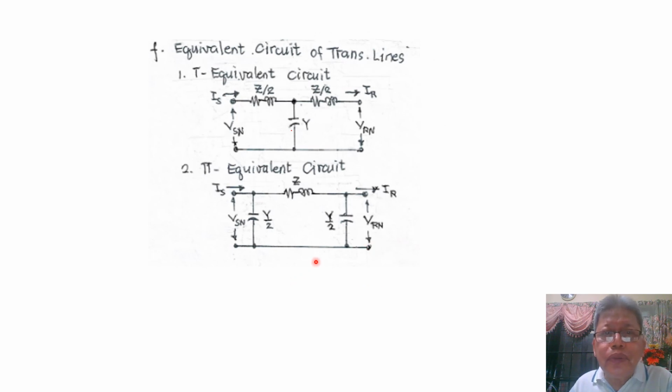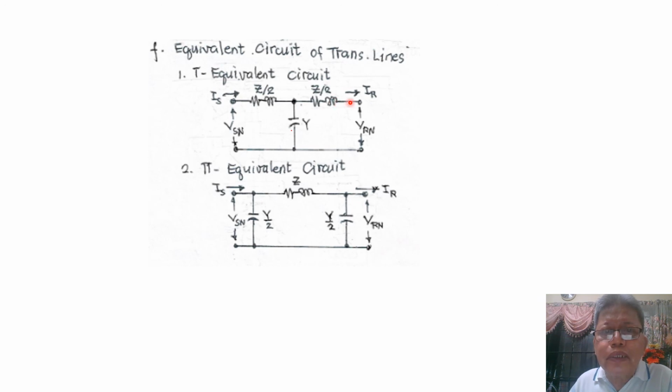Now we go to the transmission lines. From our study of transmission lines, our transmission lines can be represented either by its T equivalent circuit or by its pi equivalent circuit. Now, in the T equivalent circuit, what we do is we obtain the total impedance of the line by multiplying the unit impedance by the total length of the line, so we get the total Z, and we divide it by 2 and place it at the arms of our T